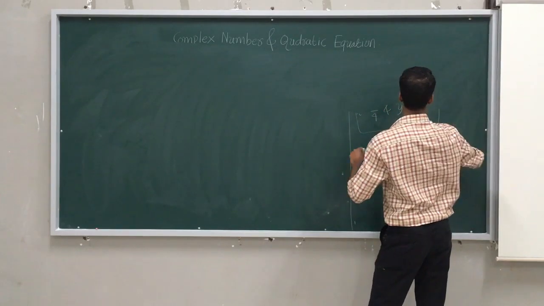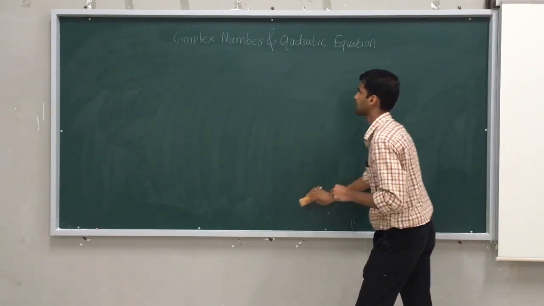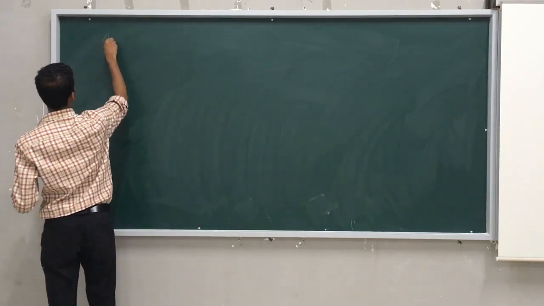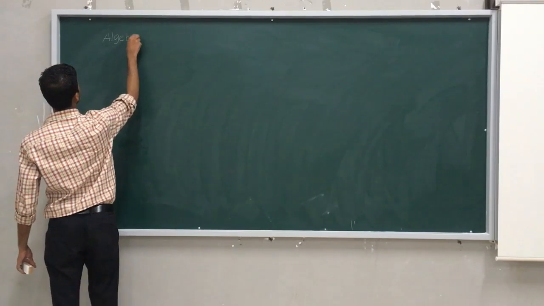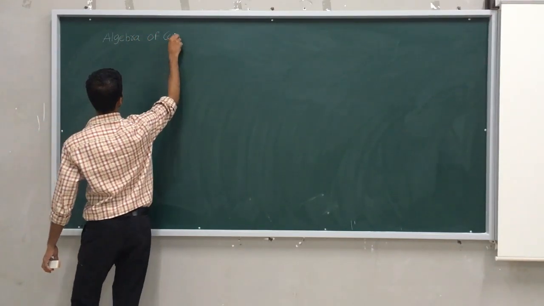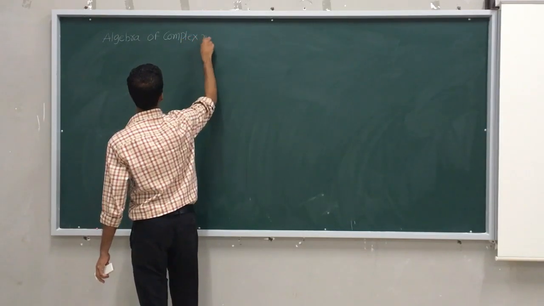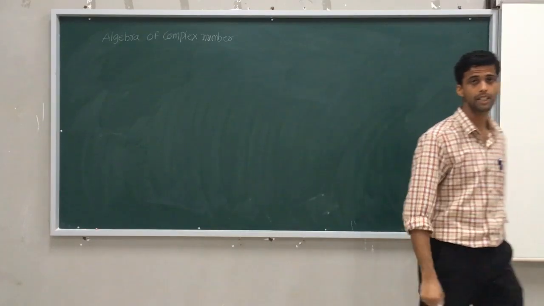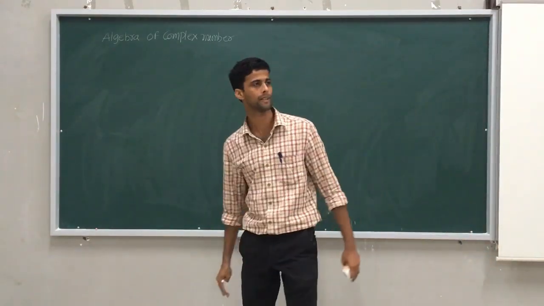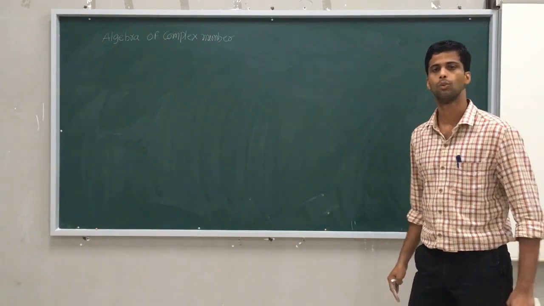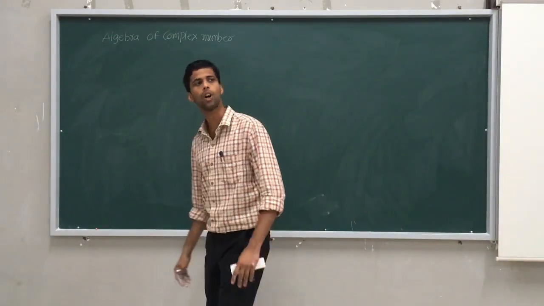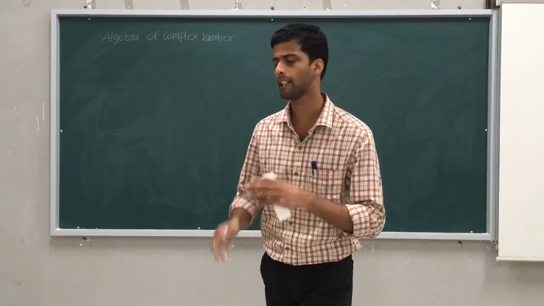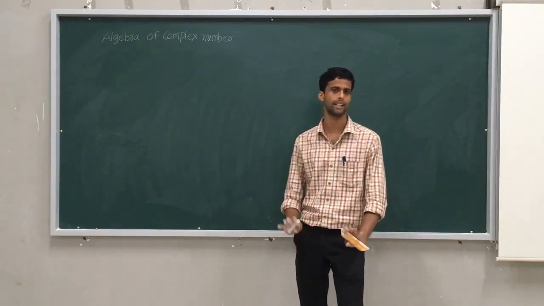What I want to tell is, my topic now in complex numbers is algebra of complex numbers. Now you wonder why I kept this name, algebra of complex numbers. What is the role of algebra in complex numbers? Why I kept it? What is the reason? We all studied algebra, directly or indirectly, and we will do algebra each and every day.